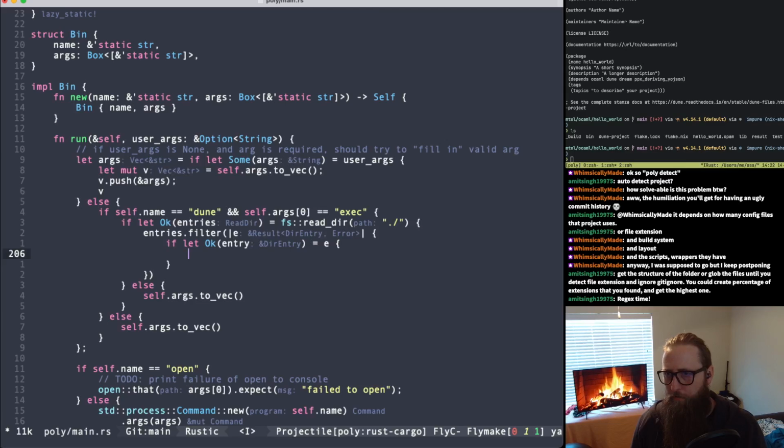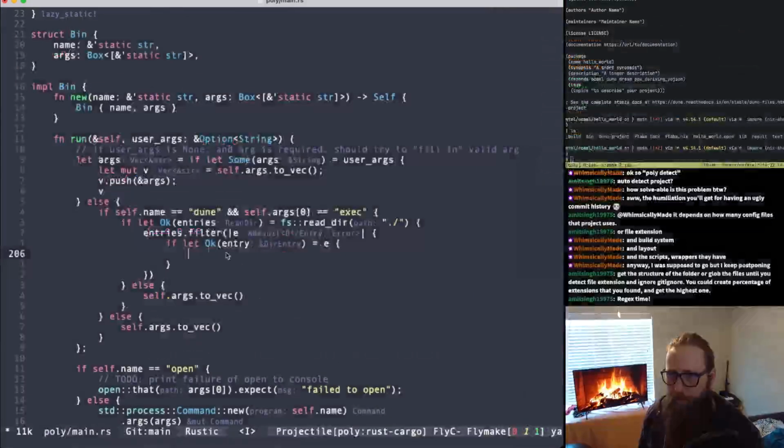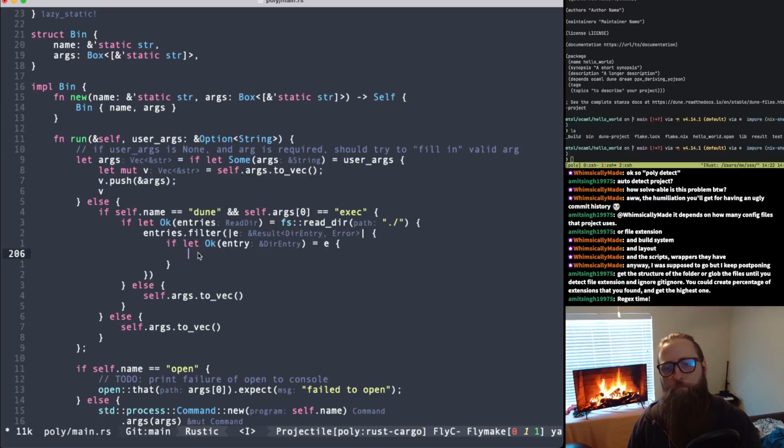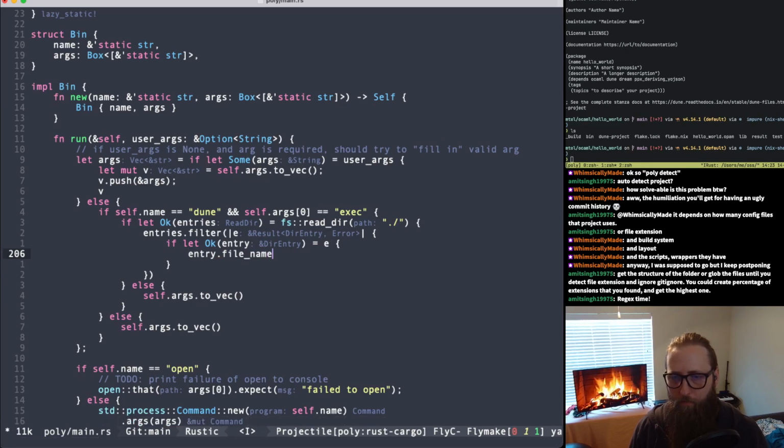I shouldn't actually need to call it at all. Okay. So all I really care about is the file name. So if we say entry dot file name